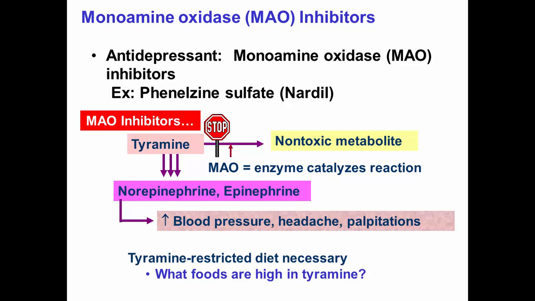So if you're taking a medication that blocks that MAO enzyme, tyramine will get converted to norepinephrine and epinephrine, and it leads to a hypertensive crisis where you will have very high blood pressure, headache, and palpitations. And anybody remember what foods are high in tyramine that we might want to be avoiding or limiting? Yes. Yes, so fermented, cured, aged meats and cheeses, fermented foods like sauerkraut and fermented soy products, tempeh, things like that. And there are others that would be on that list. Wonderful. Okay.